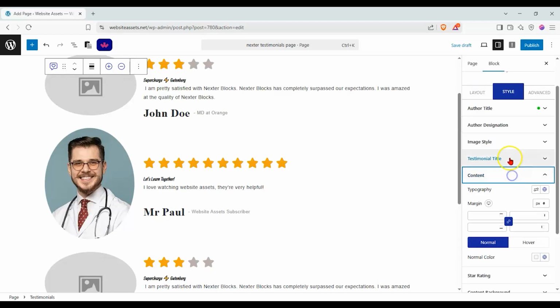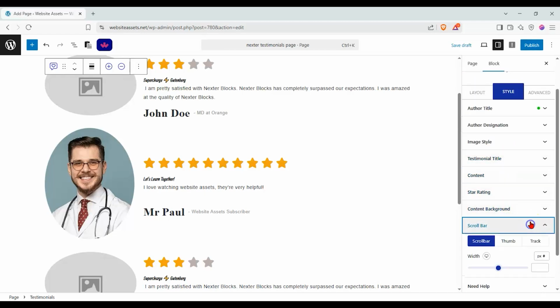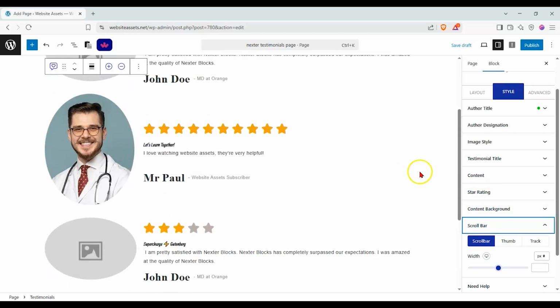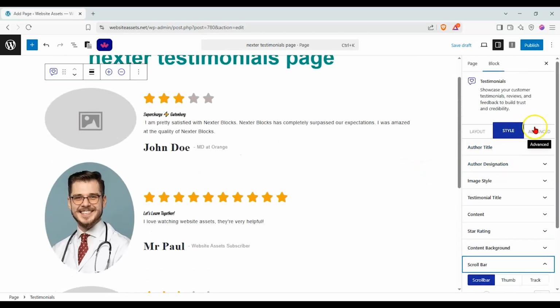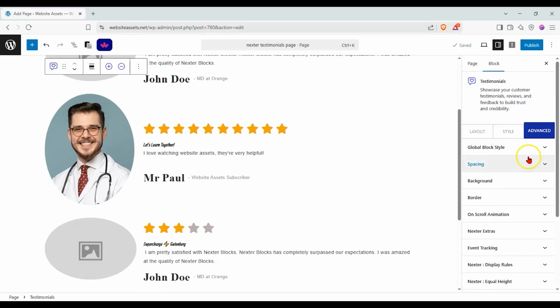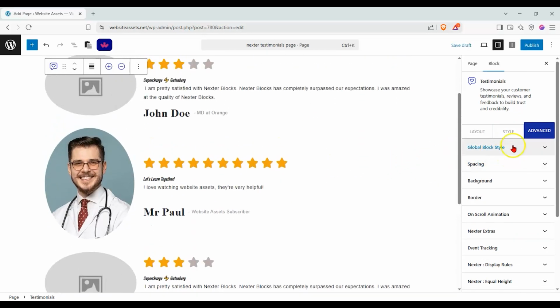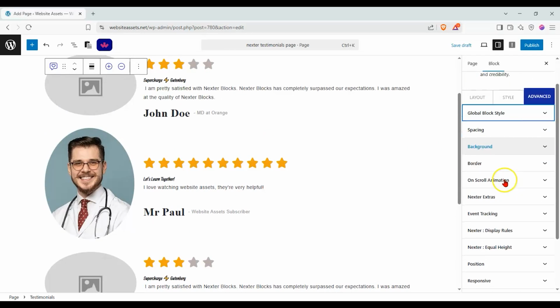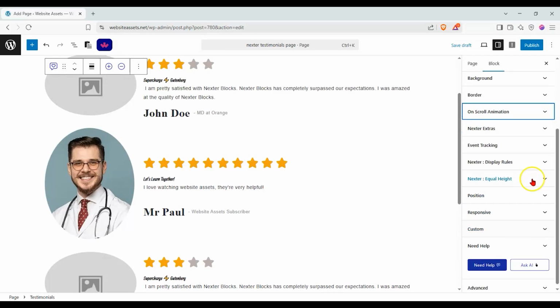We can change the content typography, content background. You can put a scroll bar on this if we have a lot to choose from, a lot to view, a lot to read. And our advanced settings, which are the same or to be expected on every single Nexter block. So global styles, spacing, background border, scroll animations, make it look cool, display conditions, display rules is what they call it,